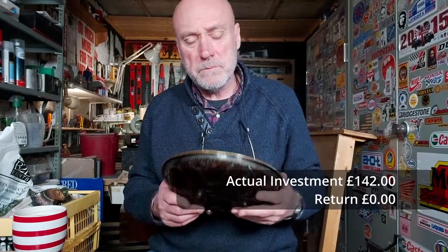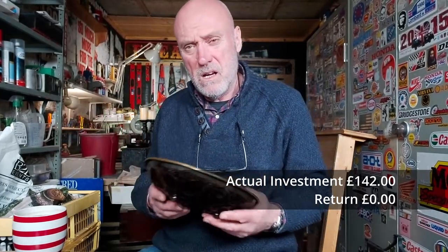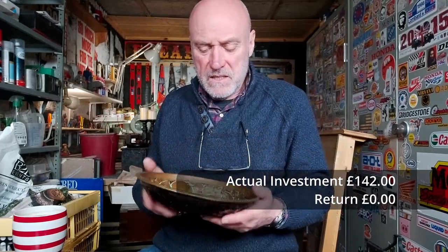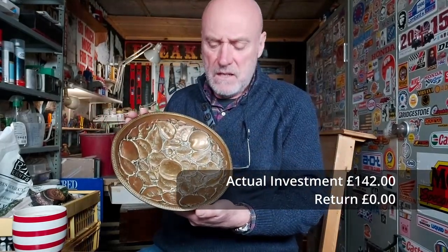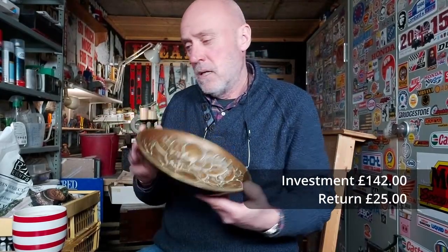The whole haul cost me approximately about £120, something like that. And I've got roughly 12 items, so you can work it out for yourself. I think this will retail definitely somewhere between £25 to £35. Next up,